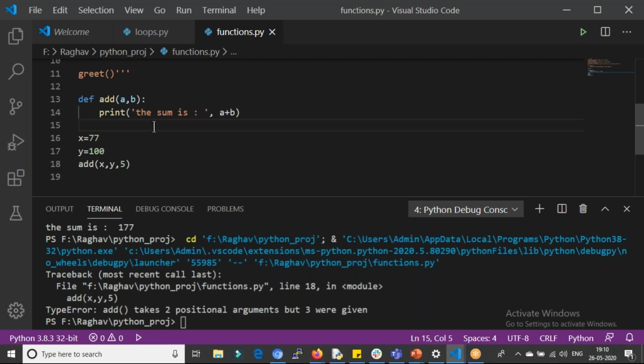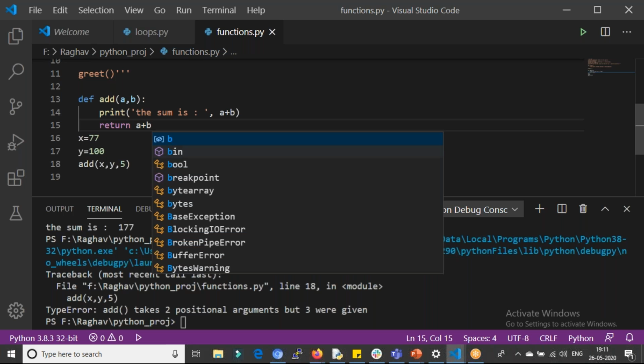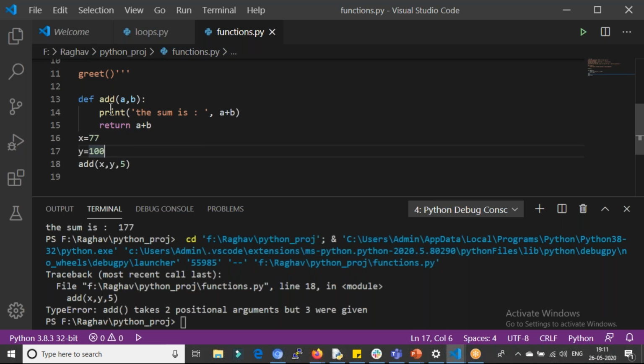Return, first of all, exits the function. So if I say return, I can place return over here, and what it also does is give out a value. It sends out the value of something which you give after the return. So we have to give an expression here, or a variable, or a parameter, anything. Here we want to return the sum of the two numbers. So I'll say return a plus b. Now first of all, I have printed the command. If I want to use 100 plus 77, the value of that, in another part of the program,